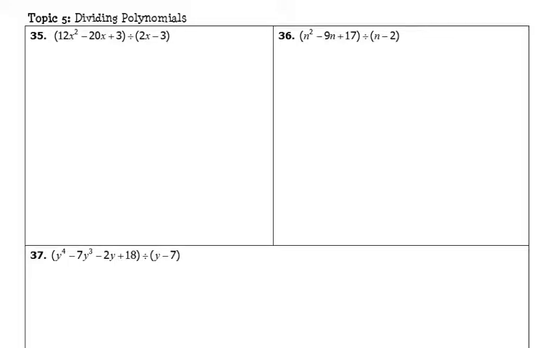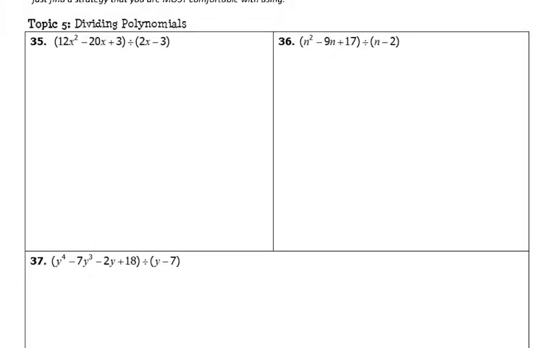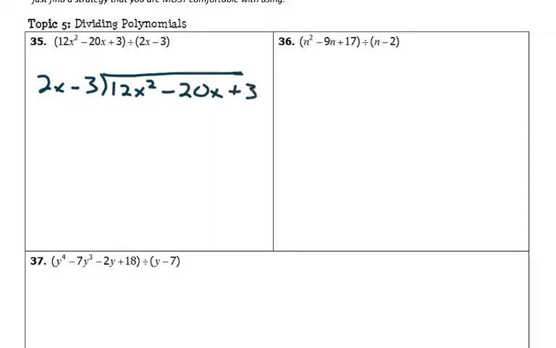So 2x minus 3 is going to go on the outside. Get my colors right. Here we go, 2x minus 3 going on the outside. And then on the inside, we have 12x squared. Now, if you go back through your notes and look at this, you'll notice that we have division of